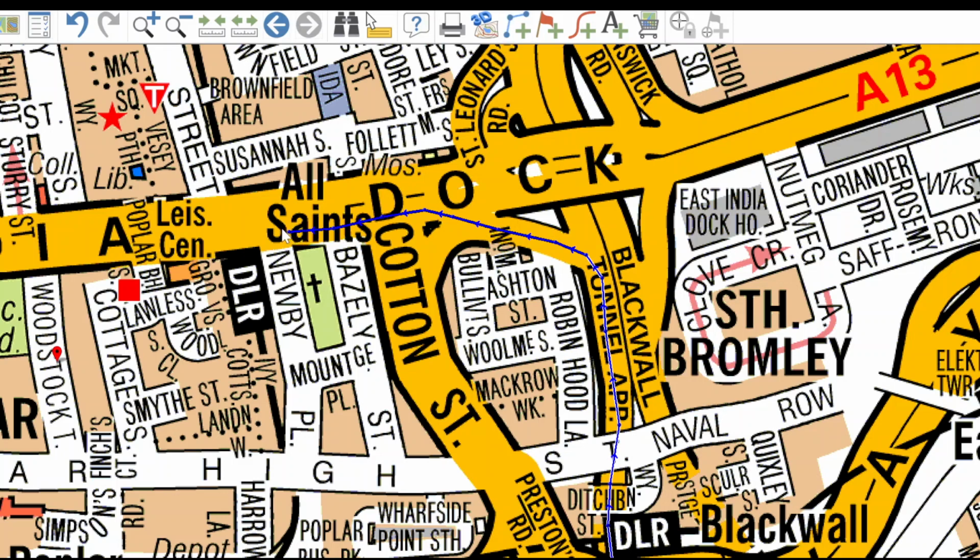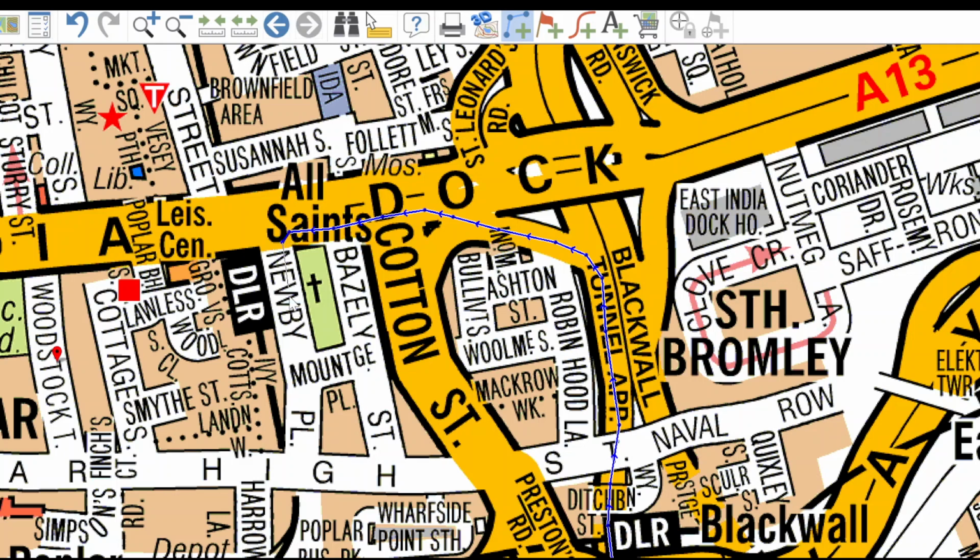Now remember one thing, our destination is here. If you come through this point, you can't enter from here. This is a road closure. Yes, you can't enter from this main road over this, because this is a solid line here. But here there is no solid line. You can enter from here, you can enter from here, you can even enter from here. So I will simply enter from this point.